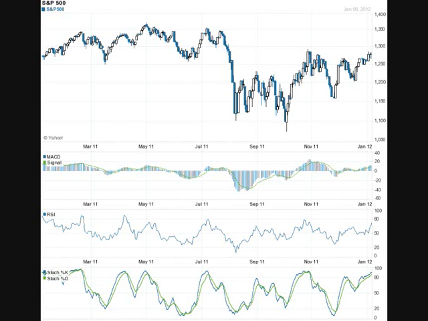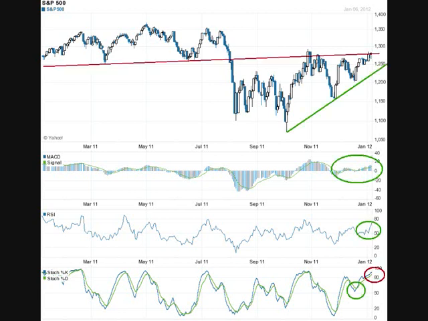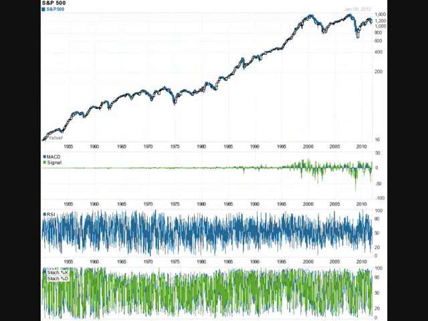As for the S&P 500 index, which is more reliable, it is constrained by the same neckline as the Dow, but it has bullish RSI, stochastics and MACD indicators, as you can see. And over the medium term, you can see the following bullish factors indicated in green, as well as bearish factors indicated in red. And over the long term, I compare the current period to the period in the past in